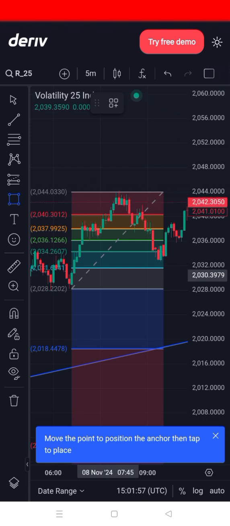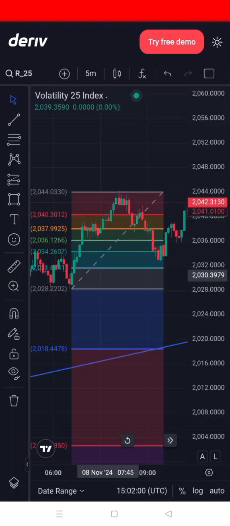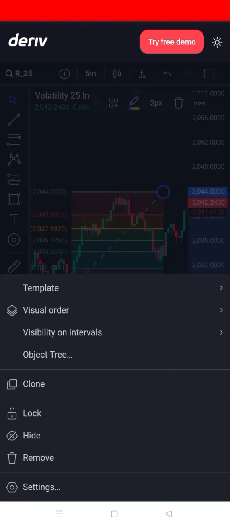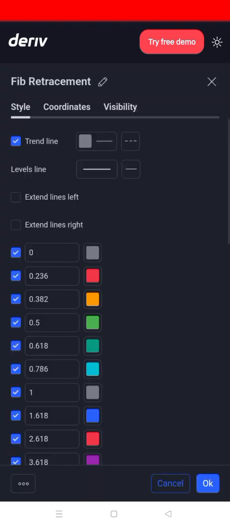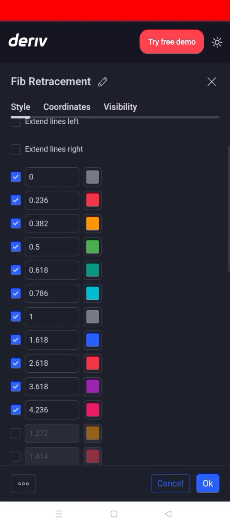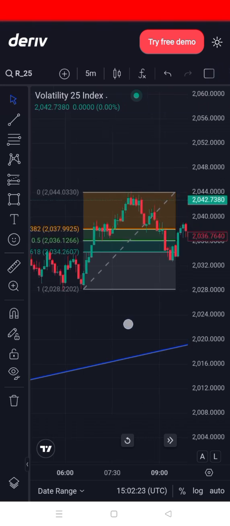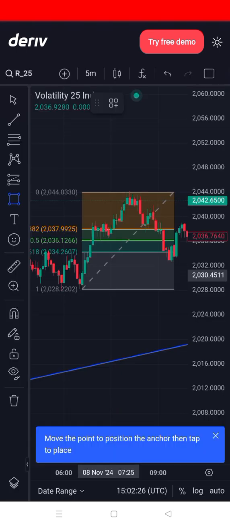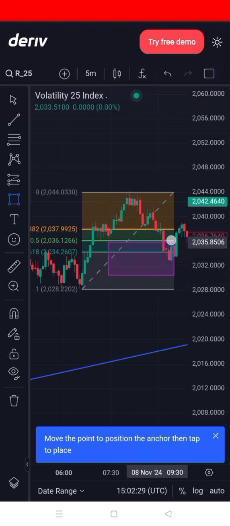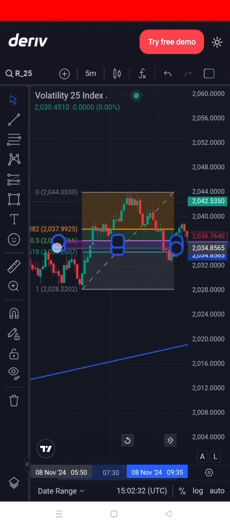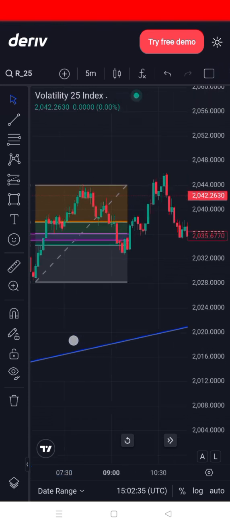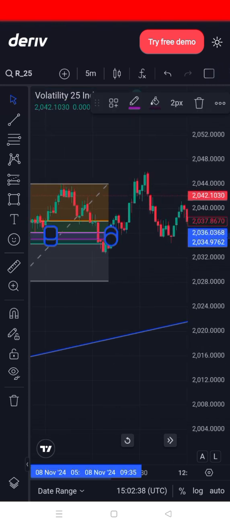So I'll pick my rectangle and then mark at the 50% area. That's the 0.5. So I want you to see. So let me just pick this one. There are settings that you need to check. So you just uncheck the 7, leave the 1, then remove all those below, and then you can remove the 0.2, leave now the 4 of them, and then the 0.5, you can see where the 0.5 is. Let me mark using a rectangle at that area, and you will note whenever the market reaches that area,